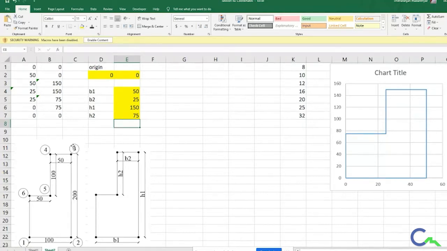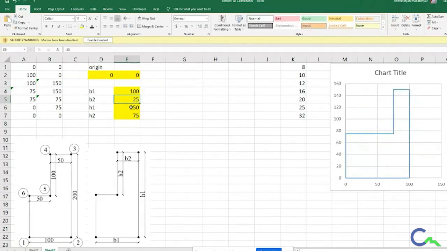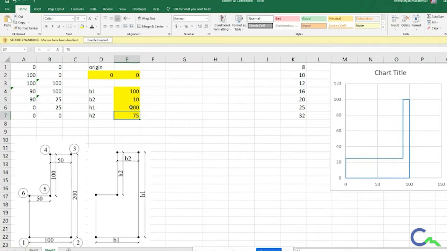If I want to make one steel angle of size, maybe base width is 100, then thickness is 10 mm, height is 100, then this I will give as 90. So I made one angle or rolled section over here. Easily I can do the changes if I do the customization.